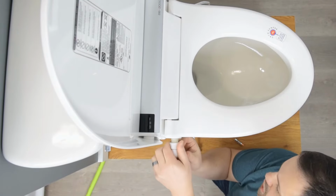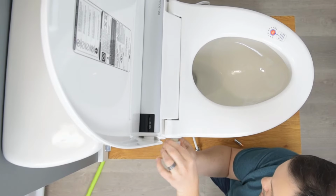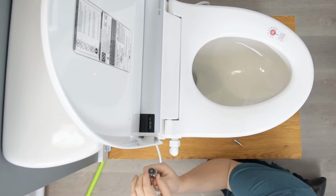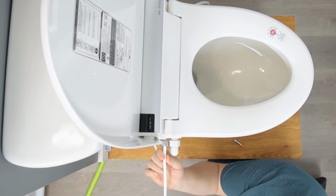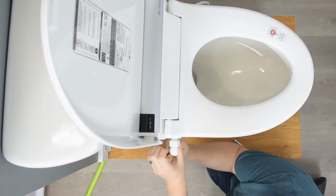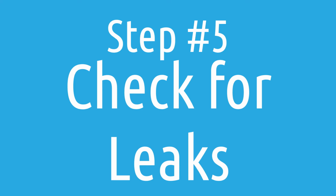This elbow gives you the ability to keep the water supply hose from coming out at an angle. If we don't use this elbow, the water supply hose is going to come out like this. But with the elbow, we can have it shoot down. So it's an optional additional piece you can use if you so desire, purely for cosmetic reasons, but it's there